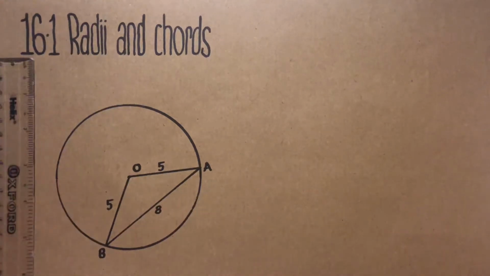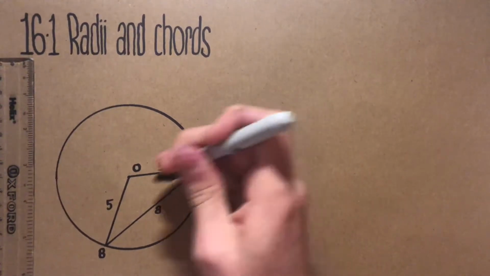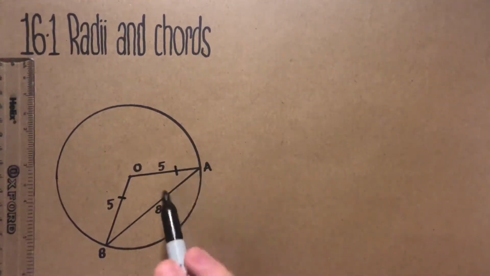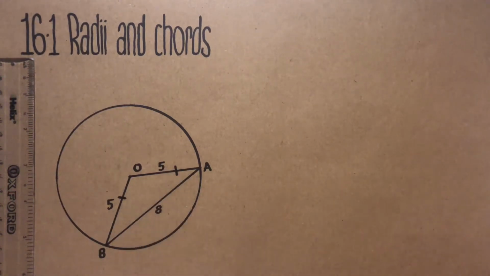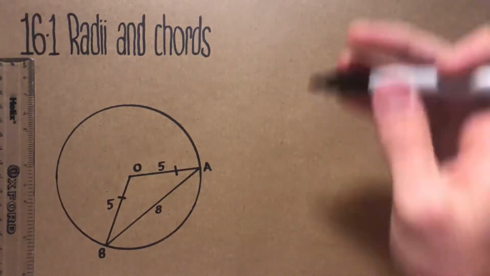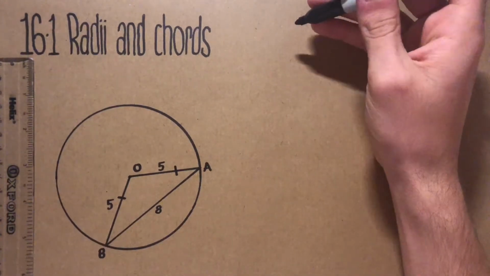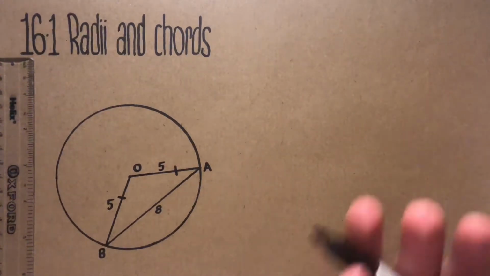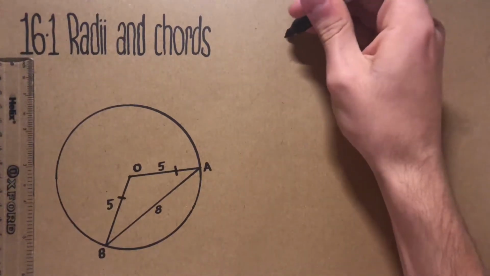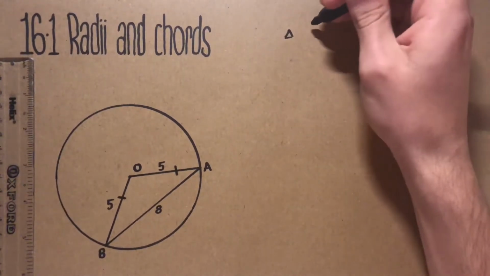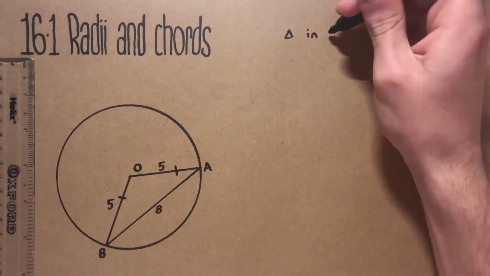We know that this is an isosceles triangle because two of its lines are the radius, and we know that the radius are always the same. The way I'd write this in an exam, of course, time is very important in an exam, and so when we're explaining our methods, we want to write it in a very simple way. So I just put a triangle in circle